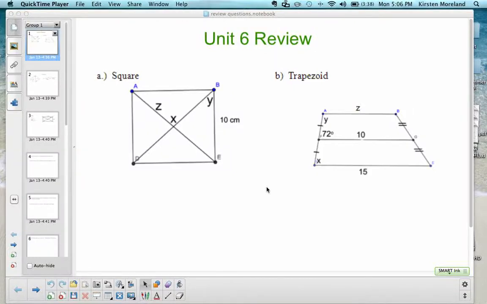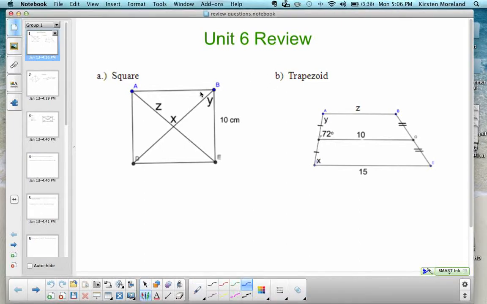Alright, today we're going to go through the Unit 6 review. So we're going to start with number 1, a square and a trapezoid. The first one is a square, so you should be looking for a lot of 45 and 90 degree angles. So if I look here, I know that all of these are 90,